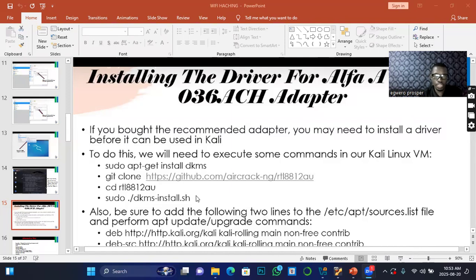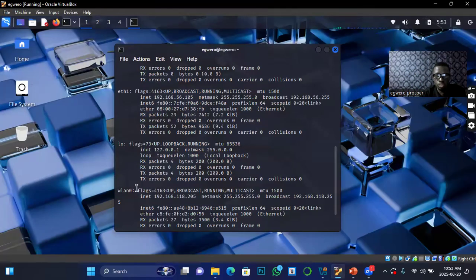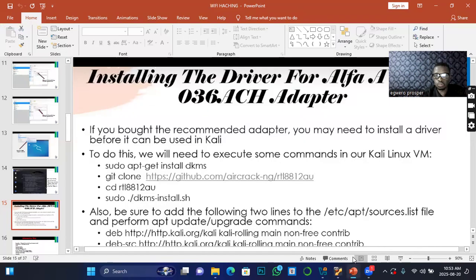So, like I was saying, you have to install the driver once you have confirmed that your wireless network is active, by running ifconfig to make sure that you have WLAN listed as part of the wireless network, just like the way you have it here. Then you have to write the first line to install the package. That DKMS is the package. And then git clone is you are getting the file